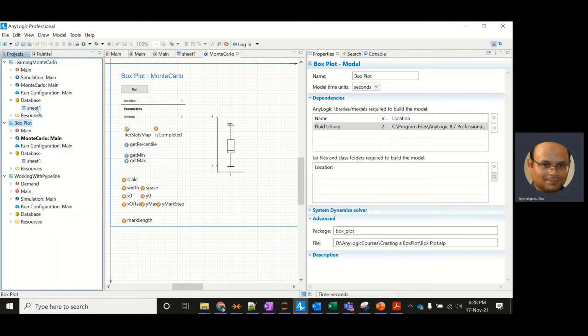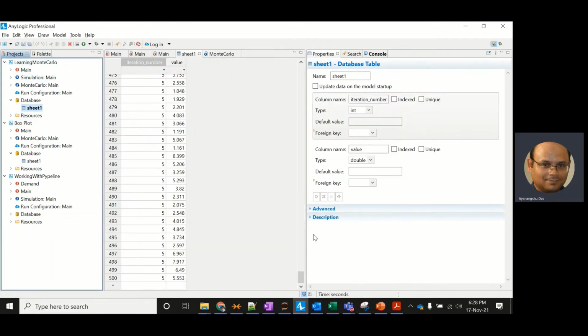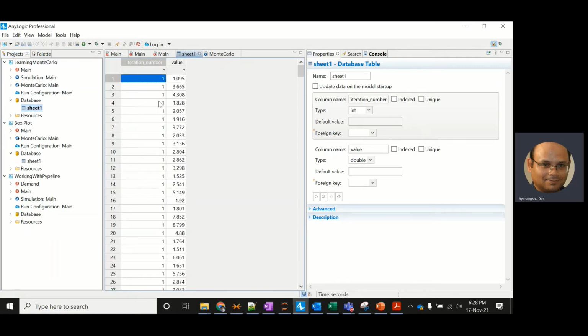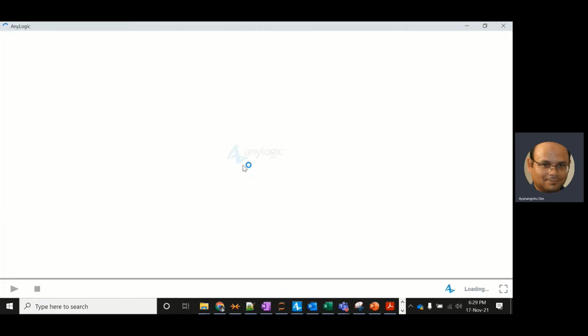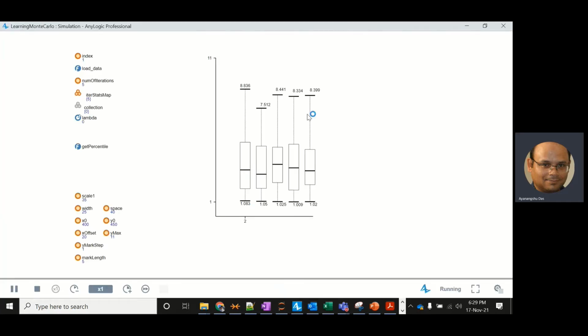So I read the data from the Monte Carlo experiment and stored it in a CSV, only for 5 iterations, each iteration having 100 replications. When I run this simulation, I was also able to plot the box plots for the multiple iterations in the simulation.